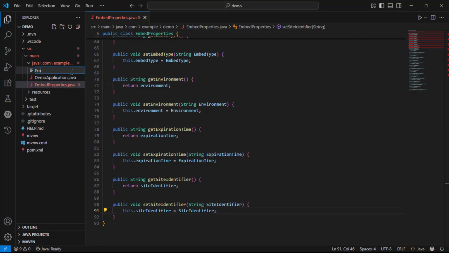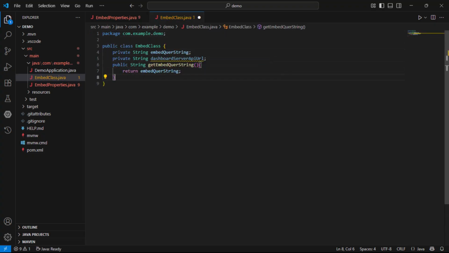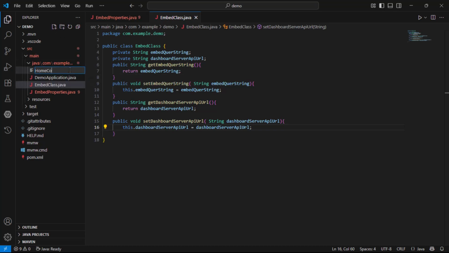Next, I create a new file named EmbedClass.java. I add the namespace to avoid naming conflicts. Then, I add a public EmbedClass to store and provide access to properties using the set and get methods. Next, I create a new file, HomeController.java,